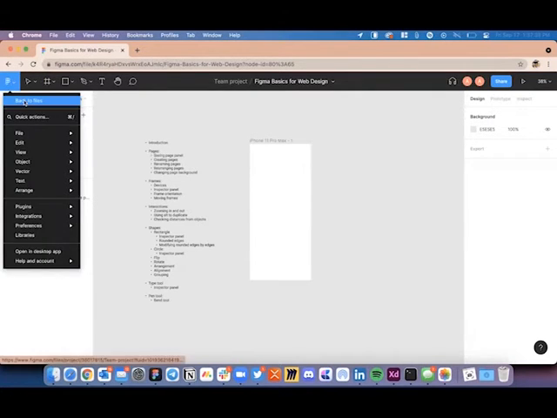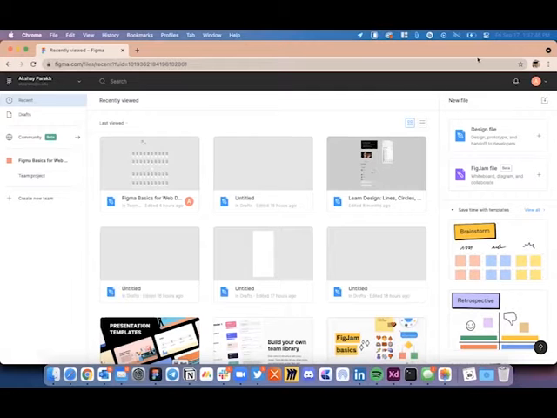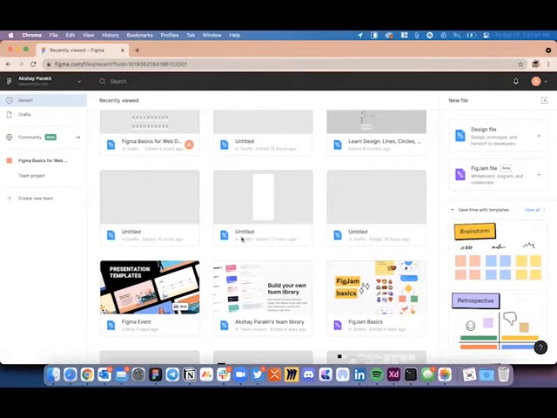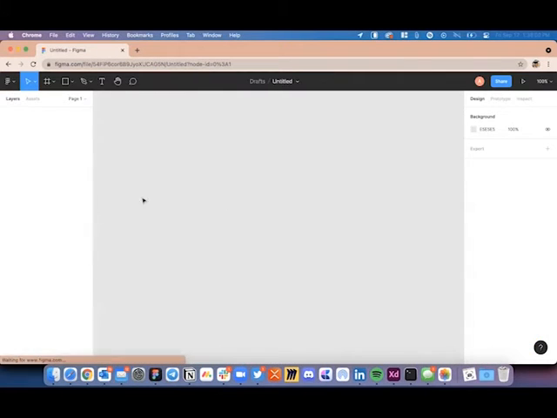So when you first load up figma.com, and assuming that you have not created any designs in Figma, it will show you the recent page, which is going to be this page, which will have all of your designs. And if you are new to Figma, this page will be blank, and there'll be an option to either create a design file or a FigJam file. When you click create a design file, this is what you will see as part of Figma interface.